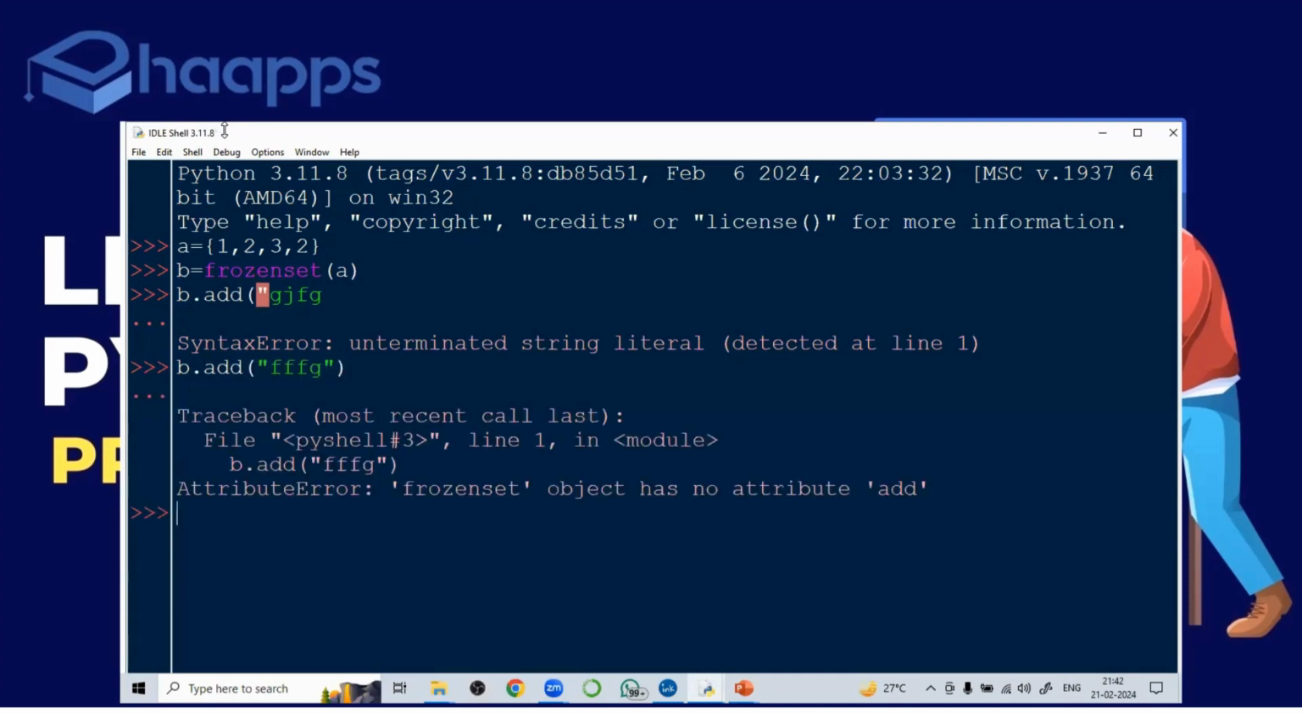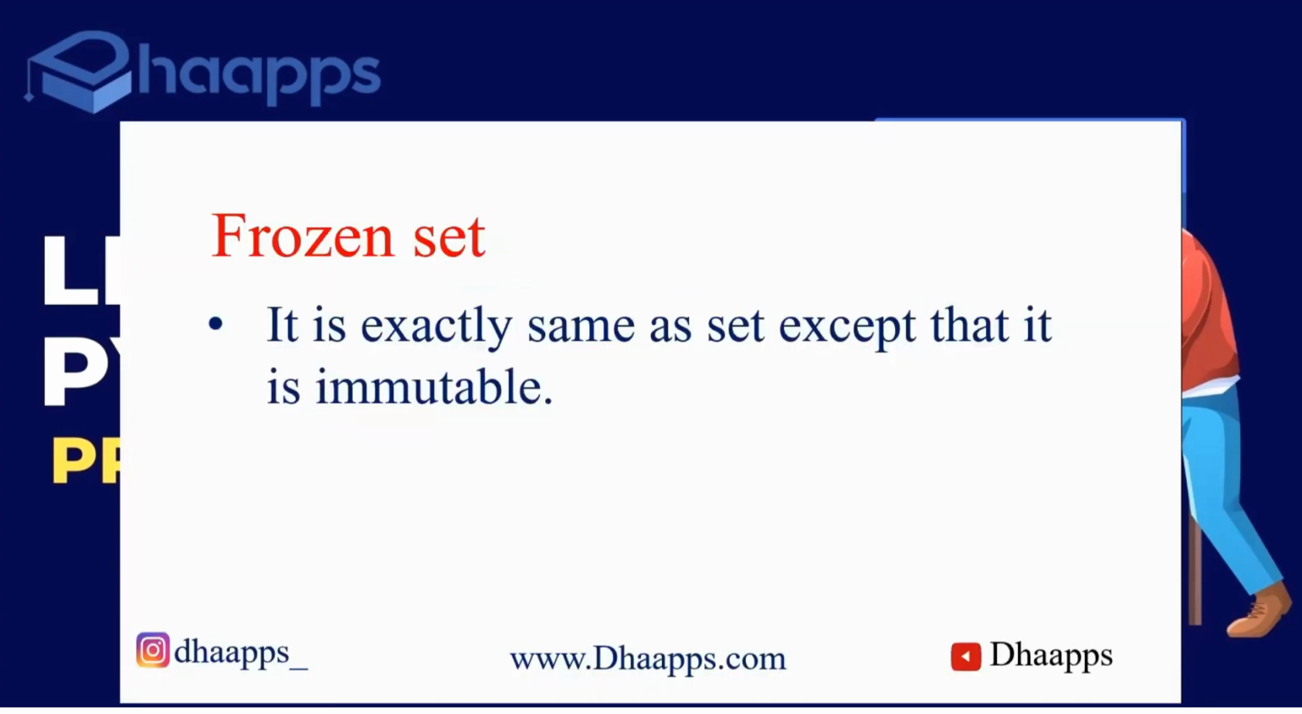You cannot add. Why? Because frozen set is immutable. You cannot add. Okay. Next, we have